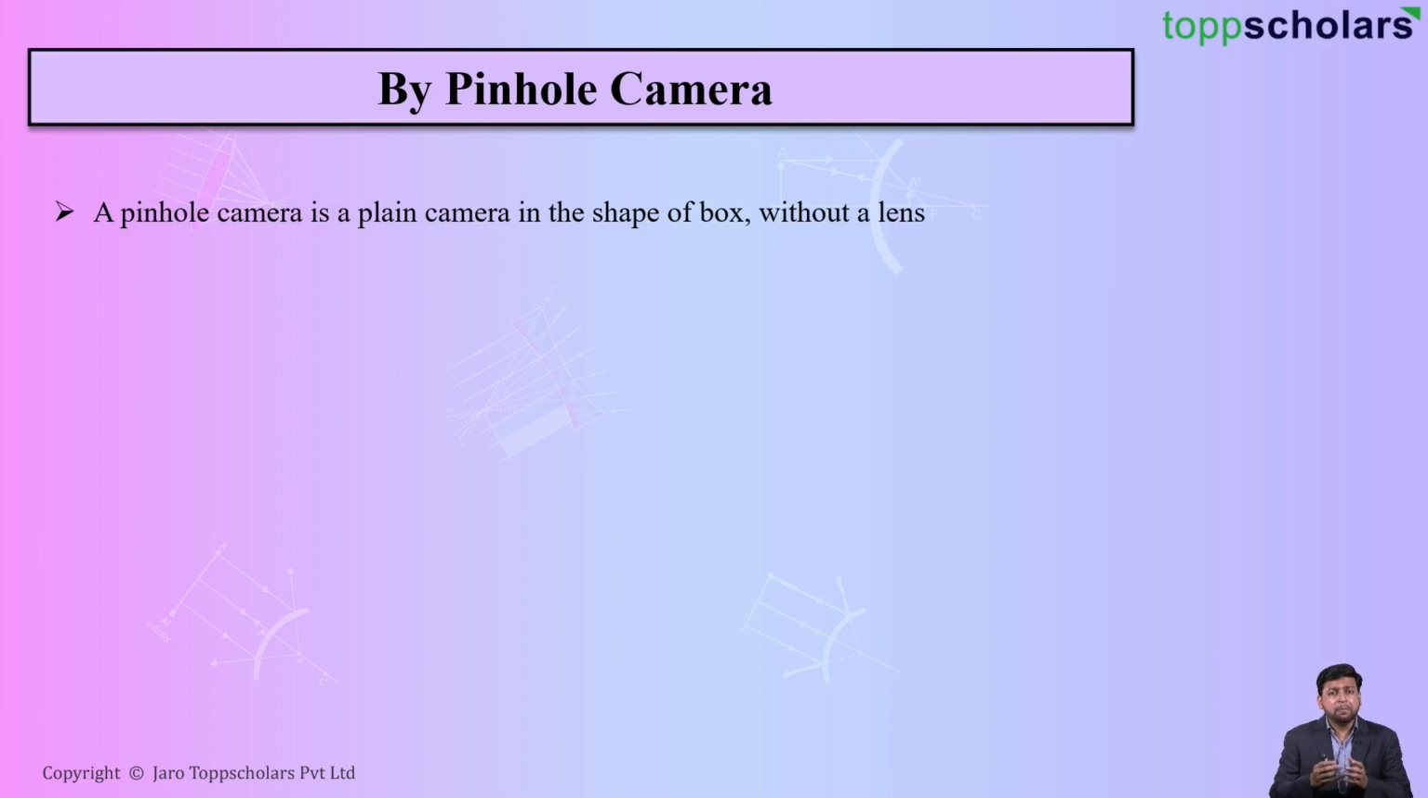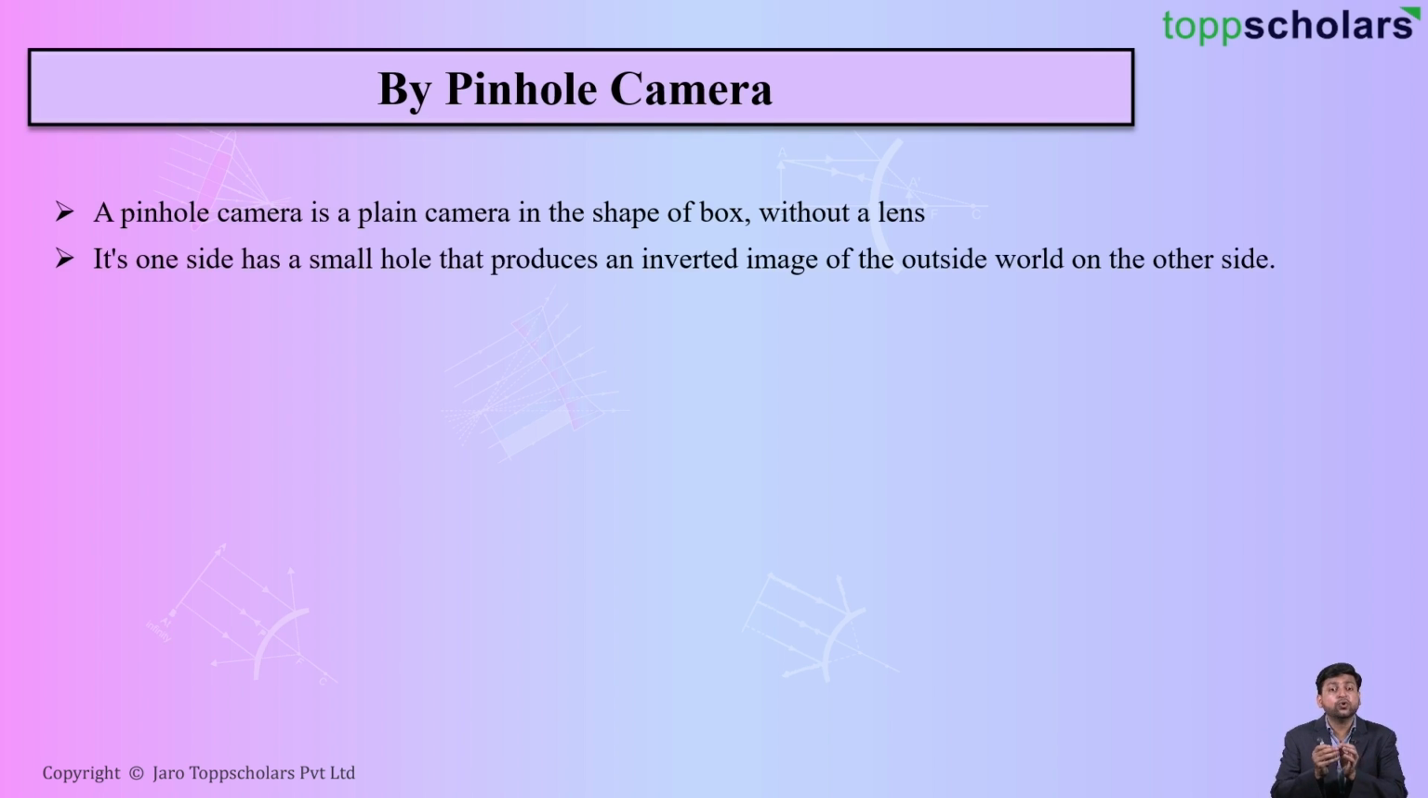So students, imagine there is a pinhole camera. Pinhole camera means there is a shape of box without lens, but it has a very minute hole in it. So if there is a minute hole in it, and suppose I place a body outside the box, you can find an inverted image on the other side, or you can also call it on inside of the